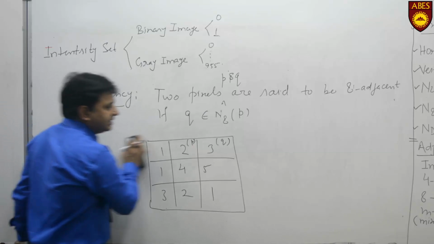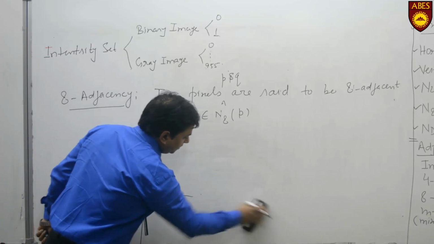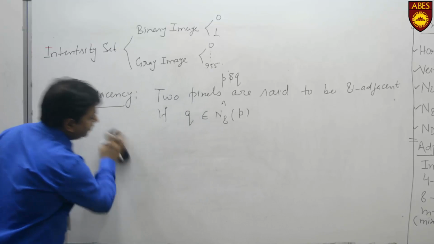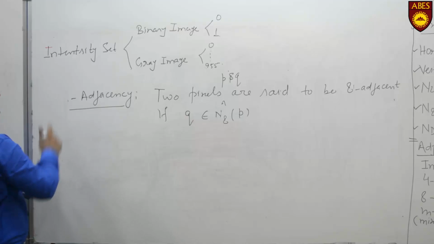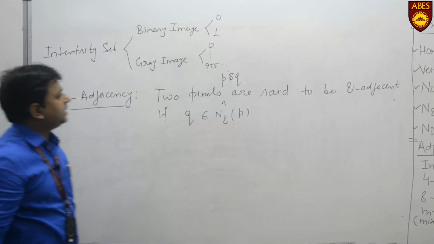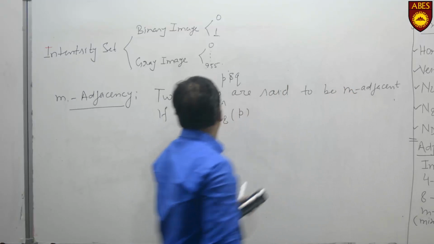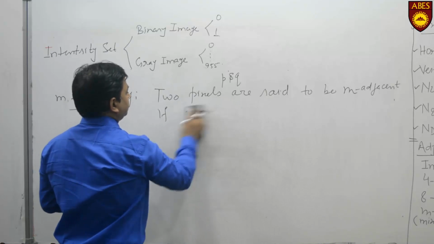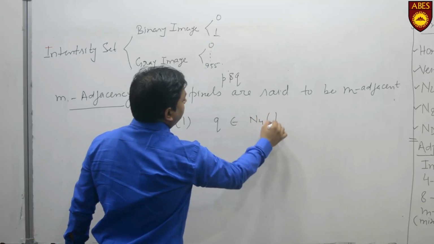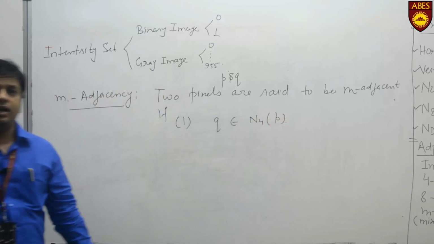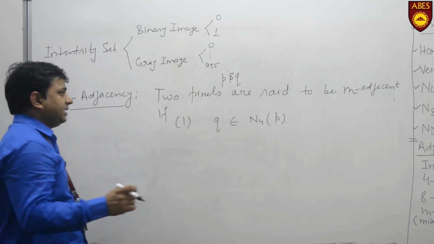The problem with the 8 adjacency is that it may create multiple paths. So we have introduced a new adjacency relationship, that is the mixed adjacency. So this is represented as M adjacency. So here two pixels P and Q are said to be M adjacent if Q belongs to, condition number 1, Q belongs to N4P. That means if Q is in the region of 4 neighbor pixels, then it will be having the mixed adjacency